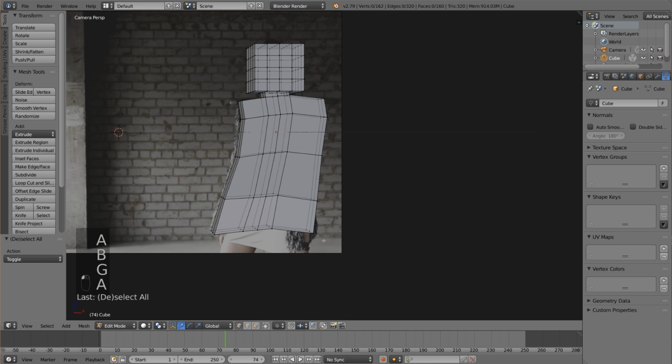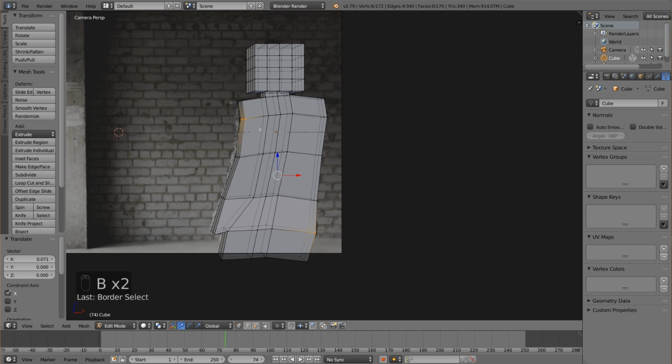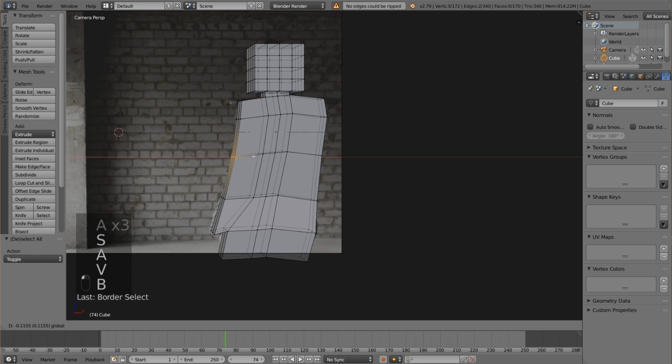So I'm just kind of meshing up the edges here. And then let's just grab these and extrude them down. So we kind of have that. And then grab these too and pull them over. So we have this really rough effect here. And what I'm going to do is go into edit mode and sculpt it. So we have that. Whoops, pull that over. Okay. And now I'm going to go into sculpt mode,